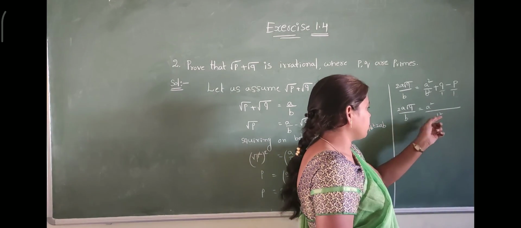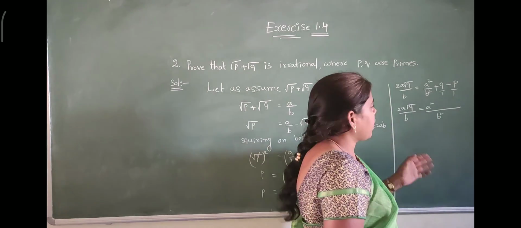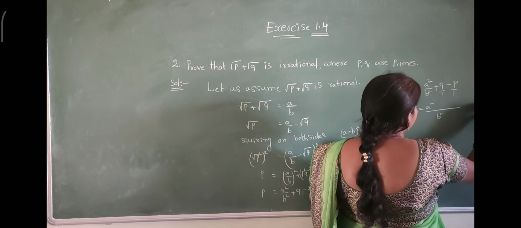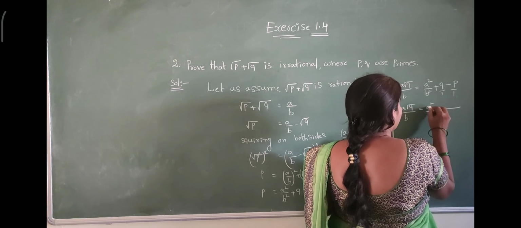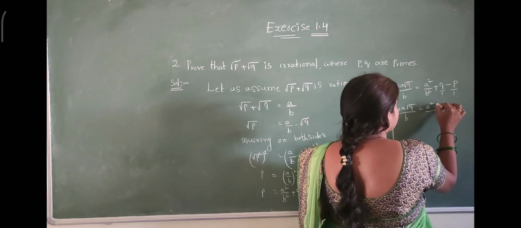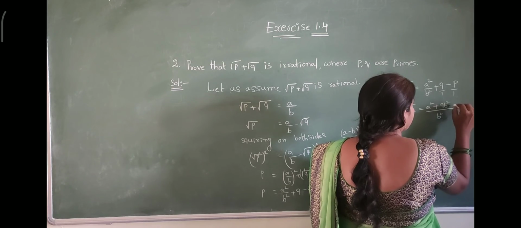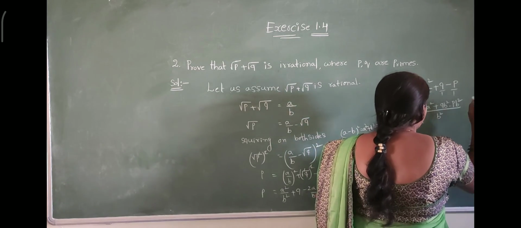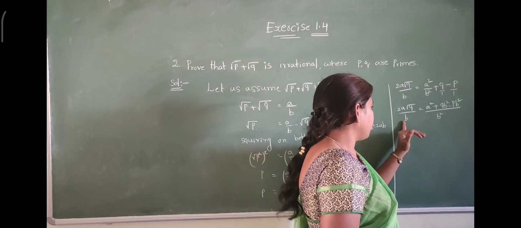So we keep b square as the LCM. Later, you have to multiply each term with the LCM. A square by b square into b square, b square cancels, we write a square. What is our second term? Q into b square, q b square, minus p b square. After that, we have to transpose 2a by b from LHS